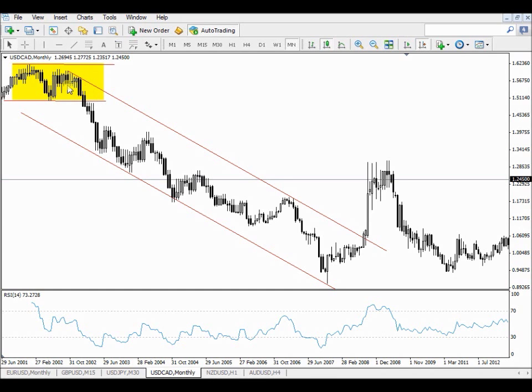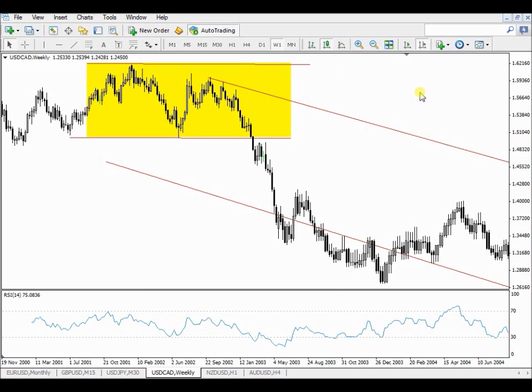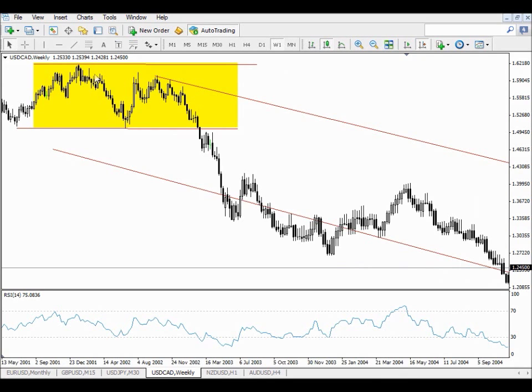This can happen on a monthly, this can happen on a weekly. Let's go down to the weekly. There's our weekly chart. So the market there was between a support and a resistance. You can see here at the left was a support. There the support held up. The market went up, and here at this point the market broke the support, right down. Past support becomes future resistance, and past resistance becomes future support.